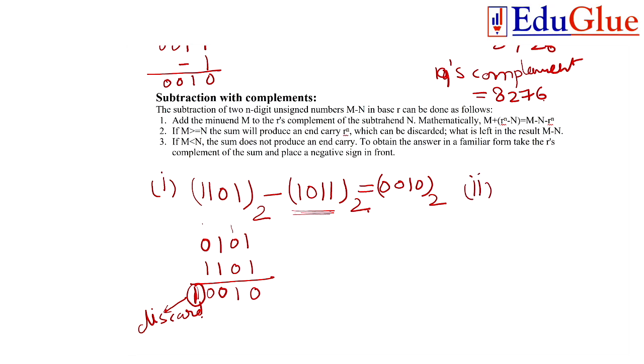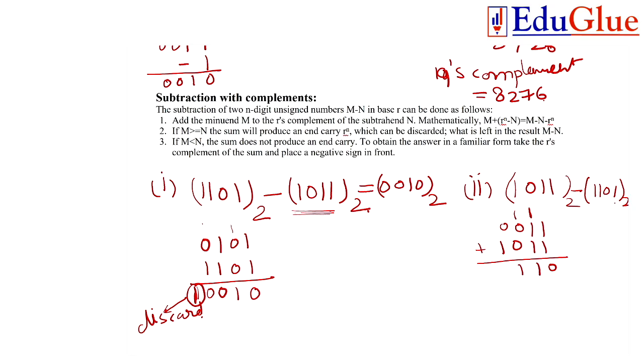Let's take another example. Let's reverse it. 1, 0, 1, 1 minus 1, 1, 0, 1. So now we need to take the 2's complement of it. Its 2's complement is going to be 0, 0, 1, 1. This I have told you in the last section. Add to 1, 0, 1, 1. Again 1 plus 1 is 1, 0, 0. I'll take 1 over here. 3, if we convert 3 into binary, it will be 1, 1. So 1 we will take over here. 1 is carry. 1, 1.